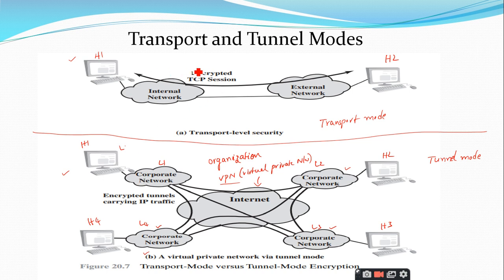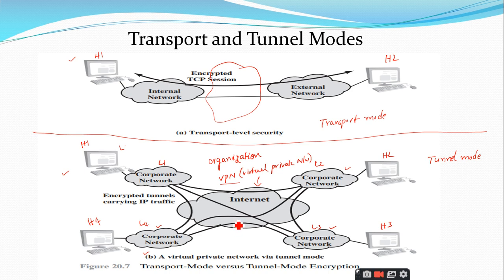So here in the transport mode, it is going to provide the security in the ESP packet format, but it is between the two directly connected hosts. Directly connected doesn't mean that there exists a link between this host and this host. There can be a network in between these hosts, but they are going to provide the security between these two hosts directly.